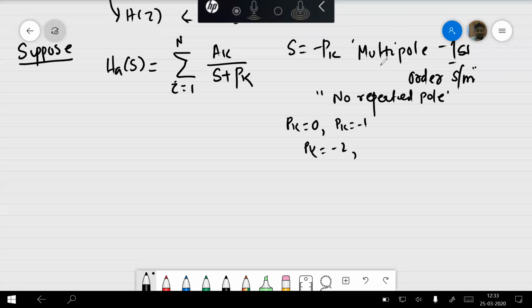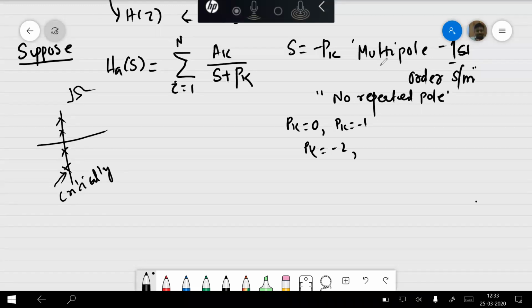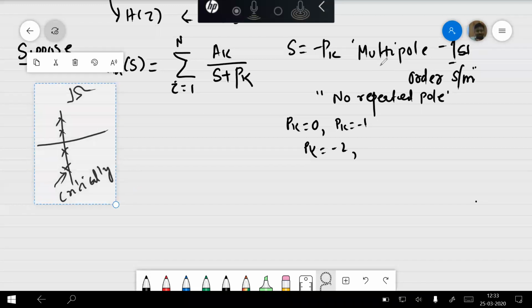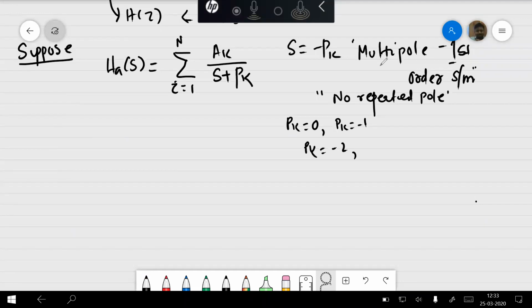What's the problem in that? If it is 0, s equal to 0 means it lies on the j omega axis, correct? Right or wrong? It is going to lie on this axis, and when it is on this axis, it is critically stable. This is not unstable. Critically or marginally stable, that's what we are looking at. We are just eliminating all criteria of instability, not identifying which is stable.